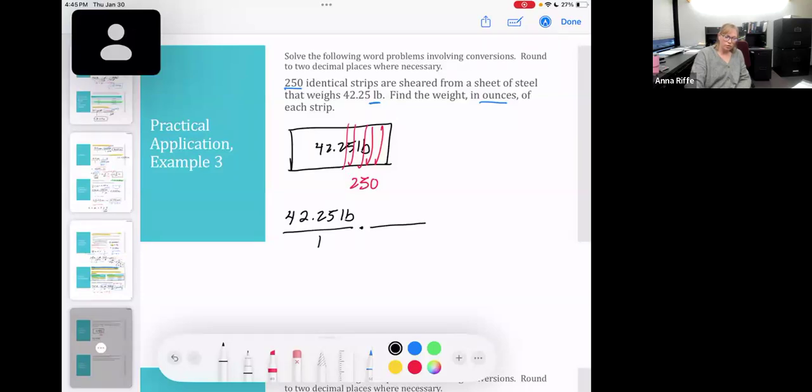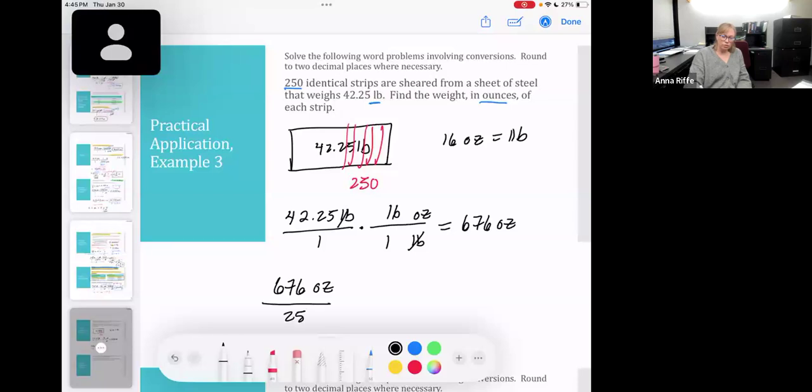I can get from my conversion chart, 16 ounces is equal to 1 pound. So I'll put pounds on bottom here, ounces on top, 16 and 1. I will multiply and get 676 ounces. Great. That's the weight of the whole thing. Then I'm going to take my 676 ounces. And since I'm dividing it into strips, I'm going to divide that by 250, which gives me